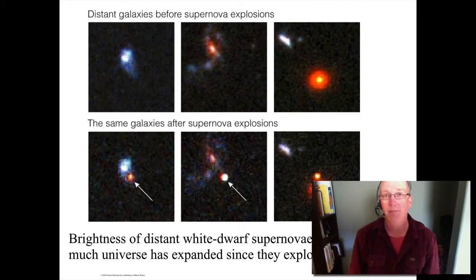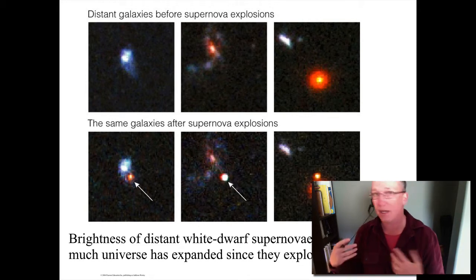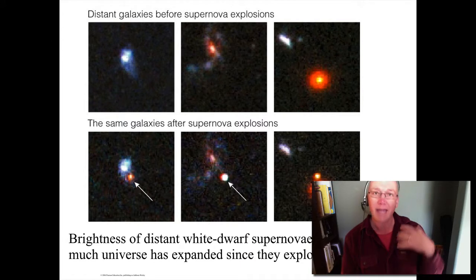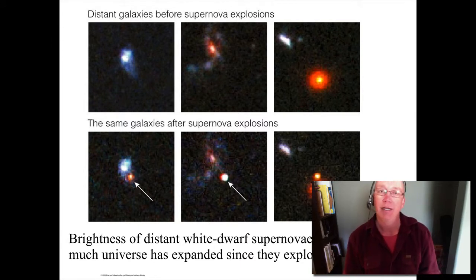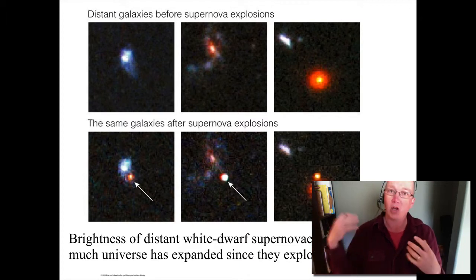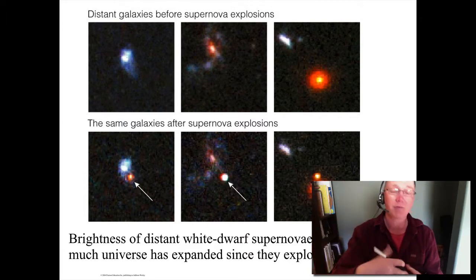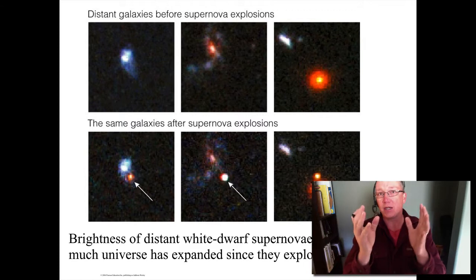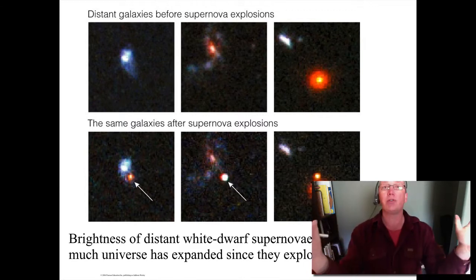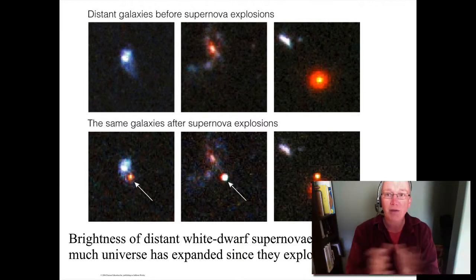We need to look for some kind of distance indicator that we can find very, very far away. And we've talked about these things before. These are supernova explosions. They outshine entire galaxies. This happens when you have a white dwarf that's being orbited by a larger star. That larger star dumps mass onto the white dwarf. The white dwarf eventually reaches its limit of mass where it collapses into a neutron star and it explodes in a giant supernova explosion, and you wind up with something that outshines the entire galaxy.